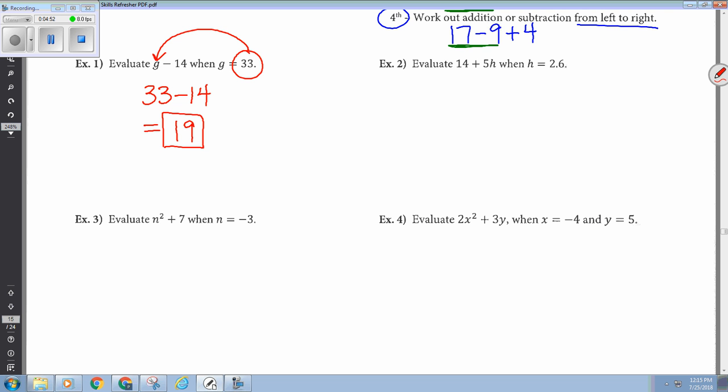Example 2, 14 plus 5h when h is equal to 2.6. Remember, when a number is next to a variable, that's multiplication. So this is really 14 plus 5 times h. You don't have to write it out the way that I did. I'm just illustrating for you that that means multiplication. But take the number, plug it in,